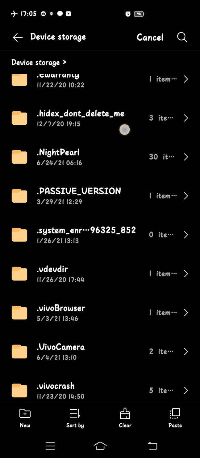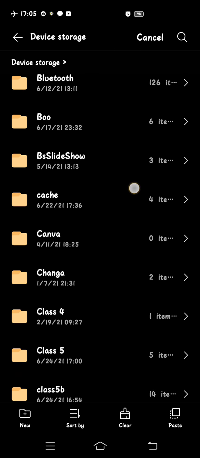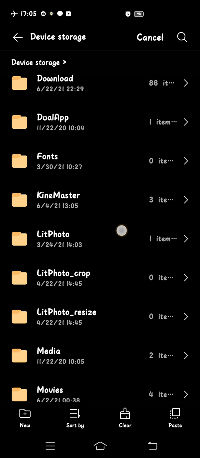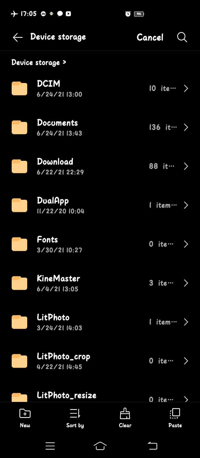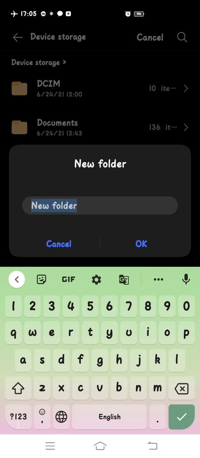Then here you will find a number of folders. If you have any earlier folder, you can take that folder. Otherwise, if you want to make your own folder, just click at this new option which is at the bottom of the screen, on the left side. There is a new option. It could be there in your phone at the top as a plus sign, or it could be written as create folder. So different phones have different options. In my phone it is new and a plus sign. So I will be taking this. A new folder will be there.